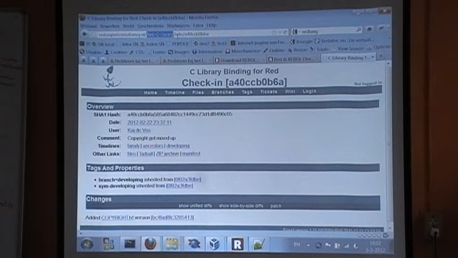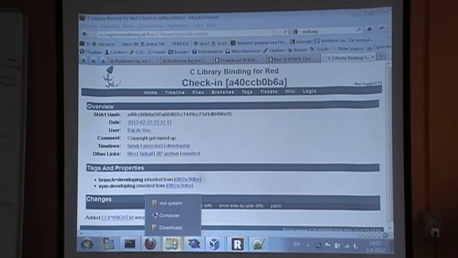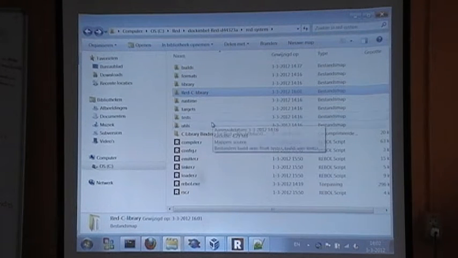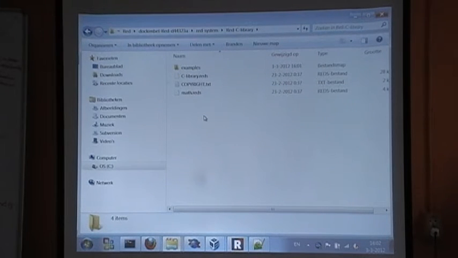On Linux it would have to be with a capital R. That's probably not necessary on Windows, but to be safe you should best copy the name from the Fossil URL, right, like this. Now if you look into that folder, all the bindings have a top level because the bindings are very small,